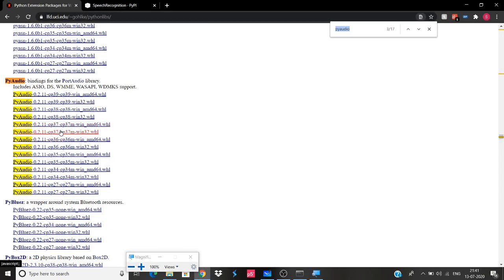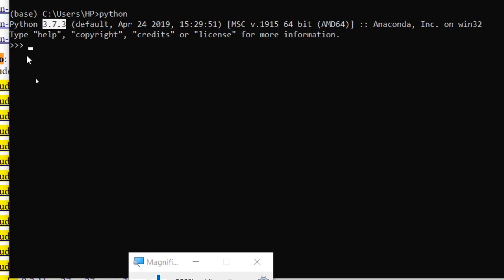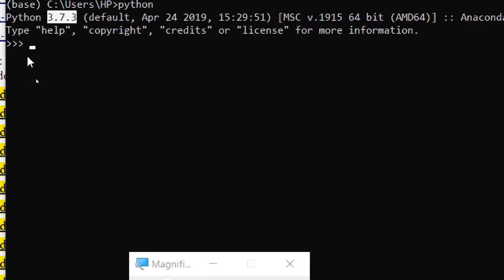So we've got two packages that we can install. One is 64 bits and the other is 32. Now to know which bit it is, 32 or 64, if you're not aware of it, you can go to the same terminal and write import struct, press enter.